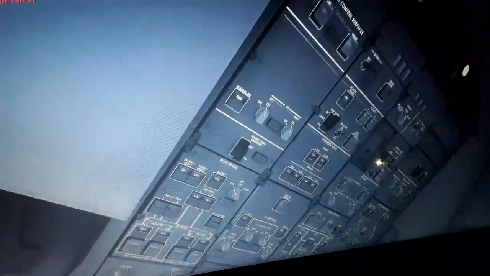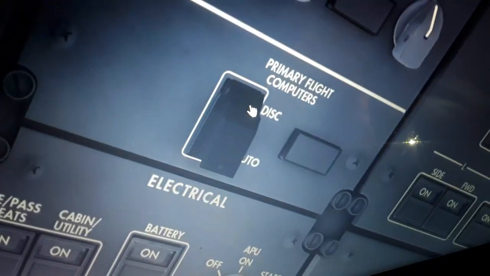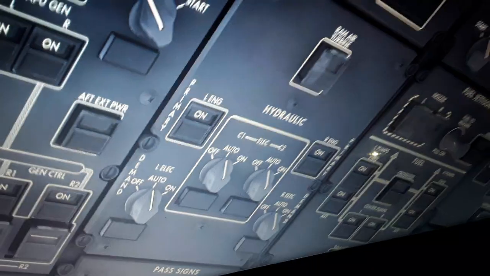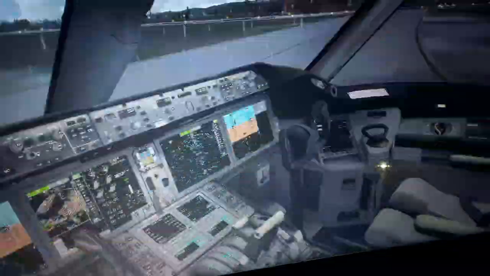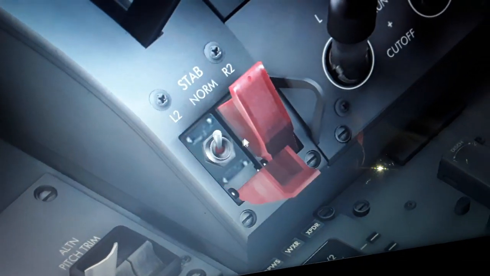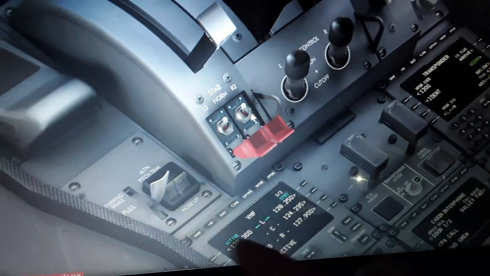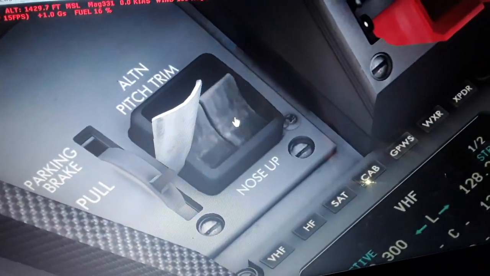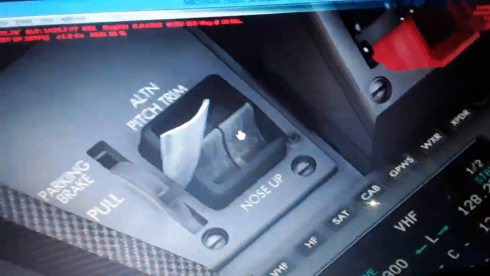So you can see here we have the flight control computers that control the channels of the auto trim system. So if you have a failure of the hydraulics over here, it will affect the L2 R2, it says, horizontal elevator stabilizer. So you have to open this and disconnect from normal to cut off the red guarded switch. Then you have only the manual trim, so this disconnects the auto trim function. You have the manual trim all the time, alternate pitch trim here